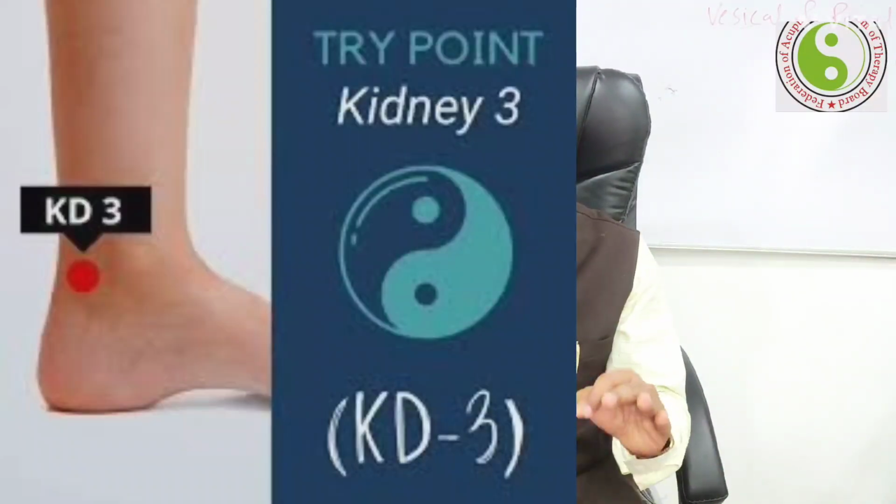The estrogen is to be regulated, progesterone is to be regulated, and for males testosterone and androgens are regulated by activating that particular point. So kidney 3 is majorly strengthening the skeletal system and also the renal system, to strengthen any kidney malfunction or impairment of kidney function, where the creatinine level is in excess or the glomerular filtration rate is not happening.